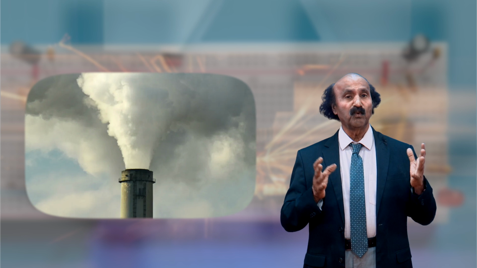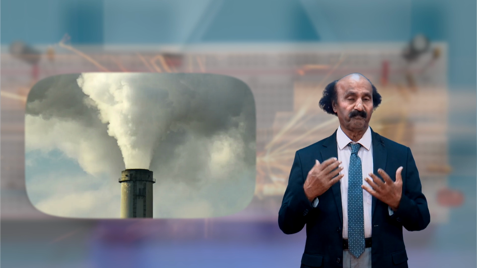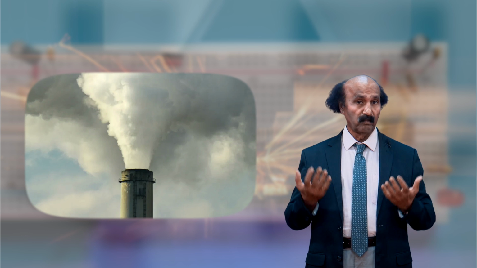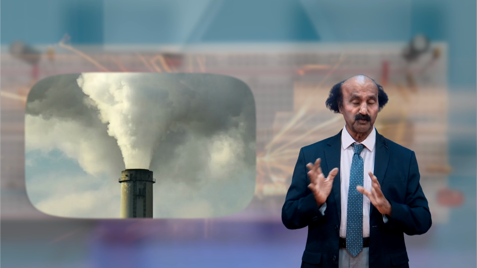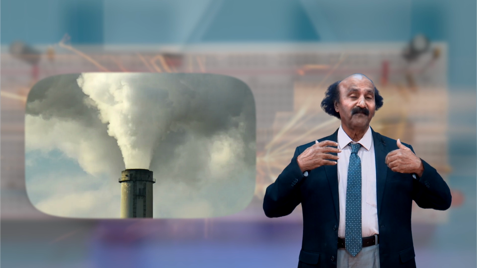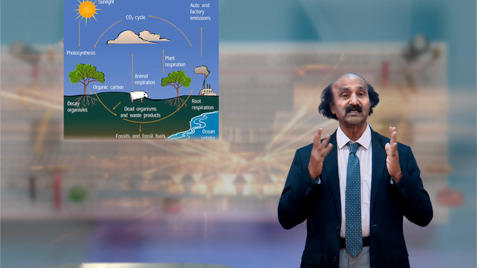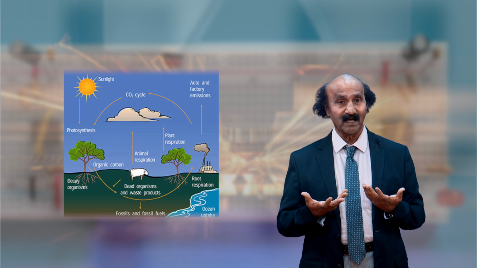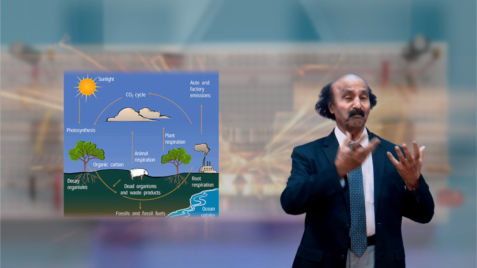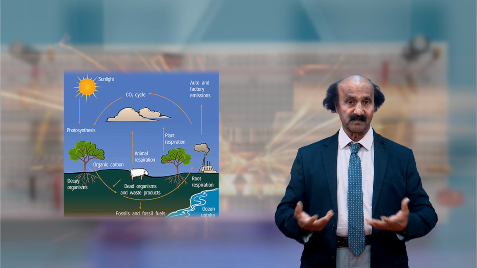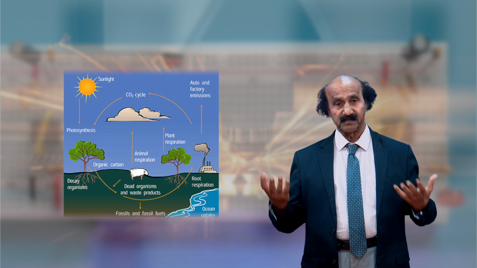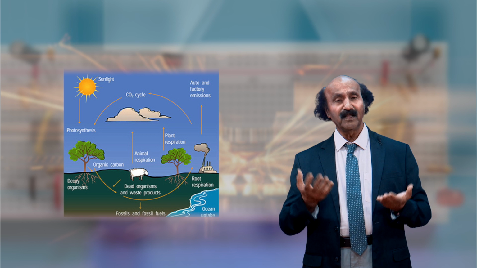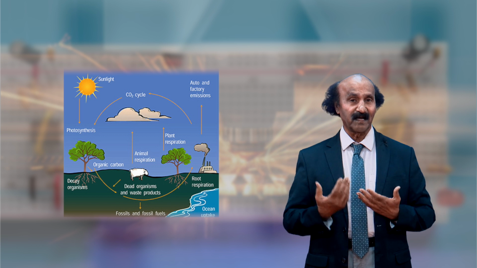Out of that, CO2 is the most important, very high. About 300 or 400 years ago, when there was no industrial revolution, who were giving out carbon dioxide? Mostly animals. And what happened to that carbon dioxide? It was taken up by plants, trees, greeneries, flowers, any kind of small plants. Everything took up carbon dioxide.